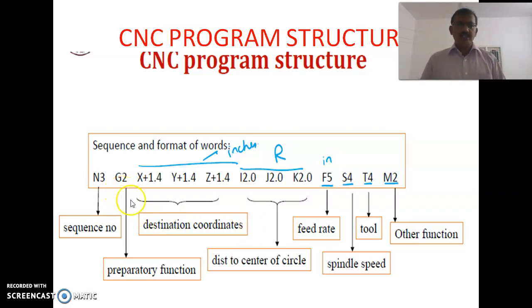This sequence number is very important. That is, it is incremented by 5 or 10 because we can add or edit some other numbers in between these numbers. If you want to change the programs, we can easily add some numbers to this program. Okay, each block executes a command. One or more G codes, M codes, position codes are present in this block. So a separate line is called a block in the CNC part programming.